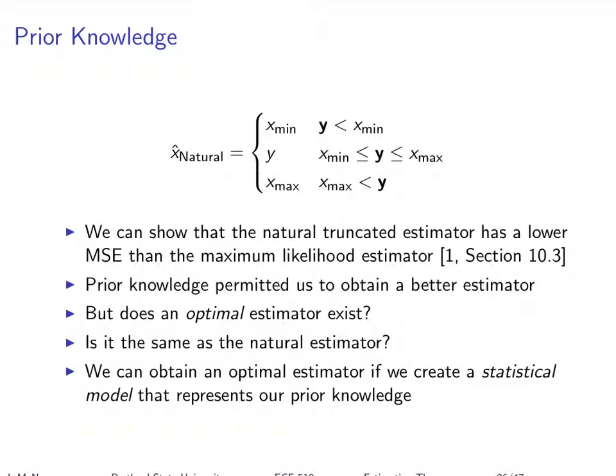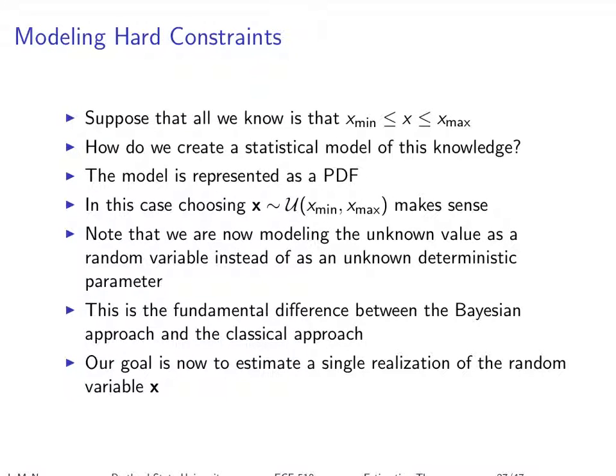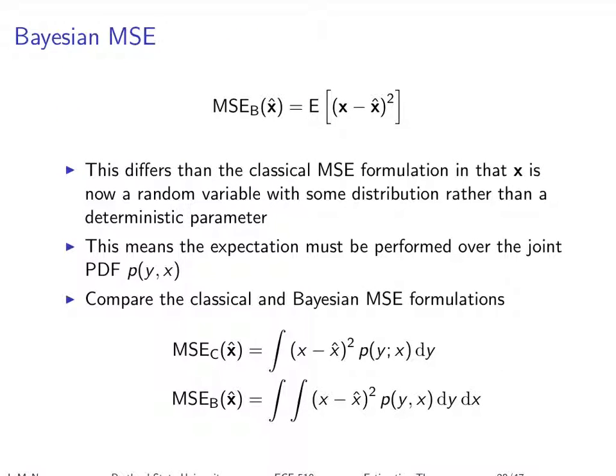And so we started talking about some of the drawbacks, how to model this as now a random variable, modeling this kind of engineering knowledge of knowing that X is bounded as taking on a uniform distribution over that same range. That's one way in which we can model this information that might be given to us in a practical application. And that brought us to the last slide that I think we covered, where we talked about a different possible error criterion. This isn't the only one you could use, but the mean squared error in a Bayesian sense, which was very different than the mean squared error in the classical sense.